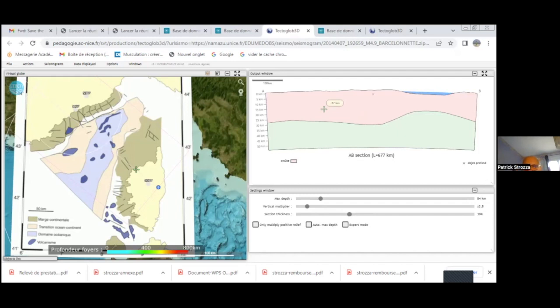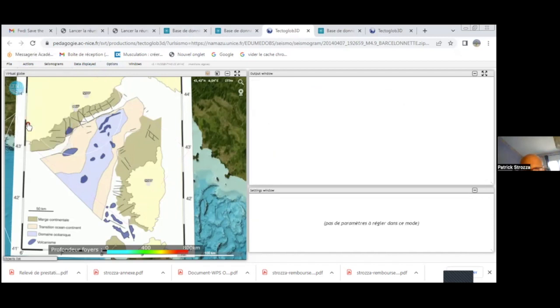Okay, and there is a last argument, to have a proof of the difference of the two crusts. It's the statistic distribution of the